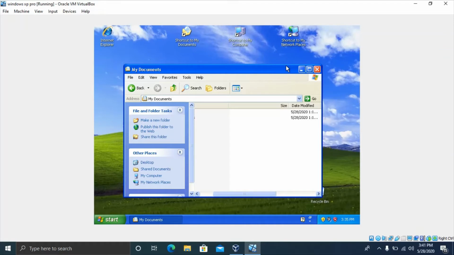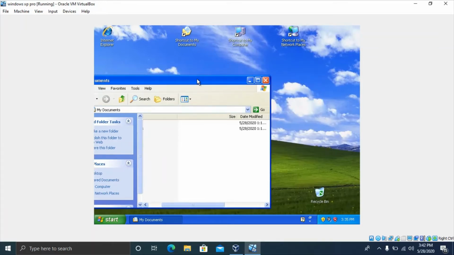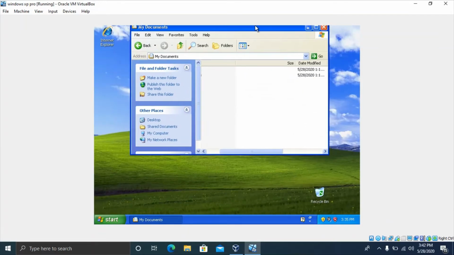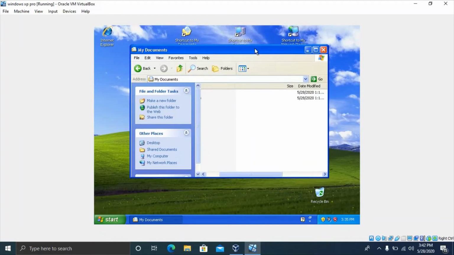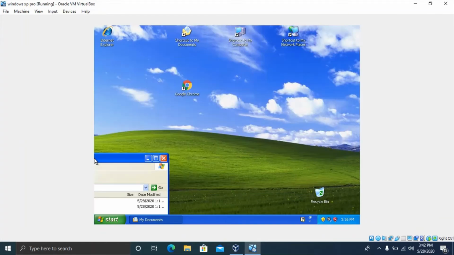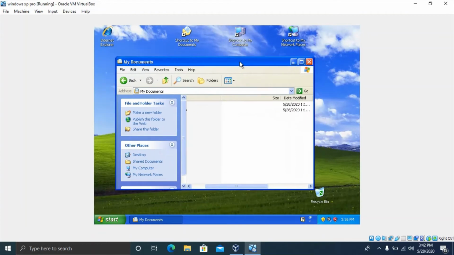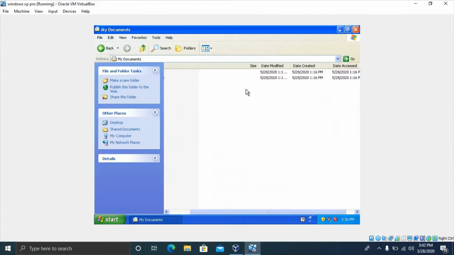Now another problem is that, as you know, in Windows 8, 8.1 and Windows 10, I don't know if the feature is available in Windows 7 or not, but in the other three versions, you're going to find this feature where once you drag a window like this and hit the top, it expands to full screen. But this is not the case here. As you can see, it does not work. So let's go ahead and click on the full screen mode to get the whole screen.